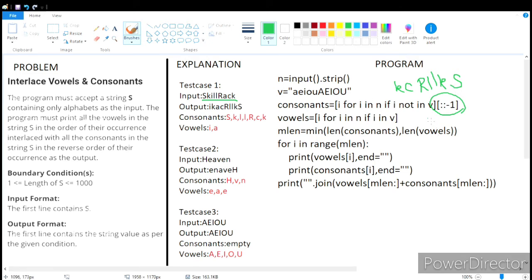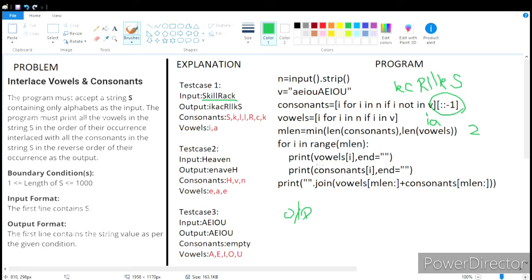Next, in the vowels, I will have I and A. Now, the minimum length will be that of the vowels list. So, in mlen, it will be 2.